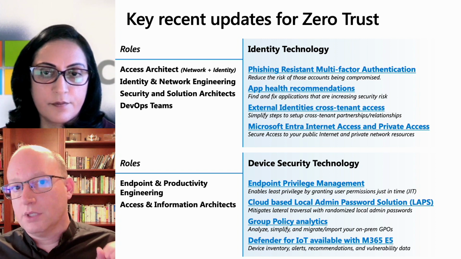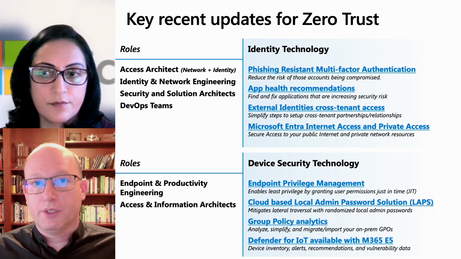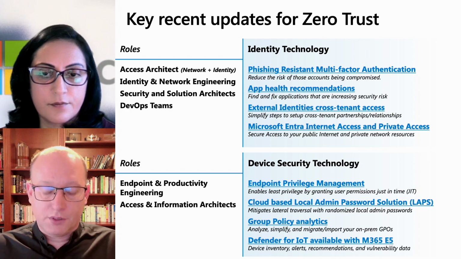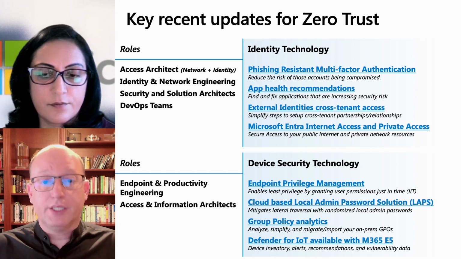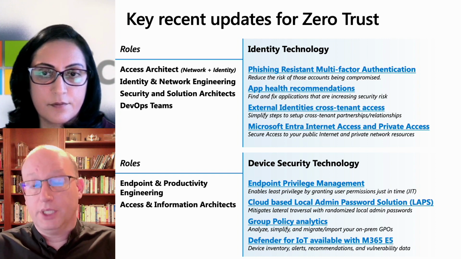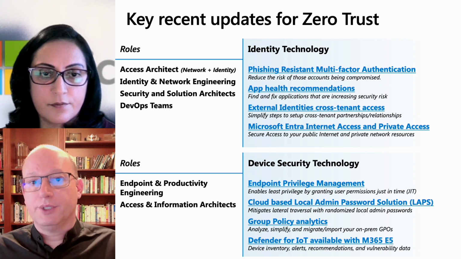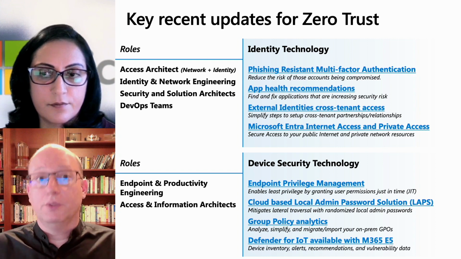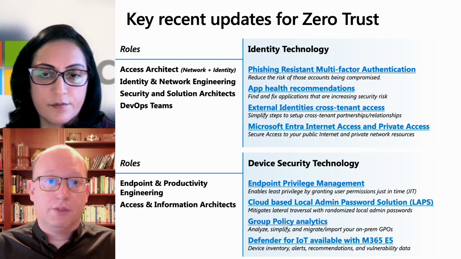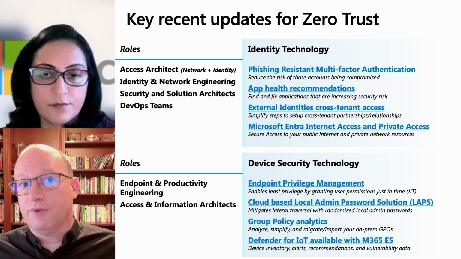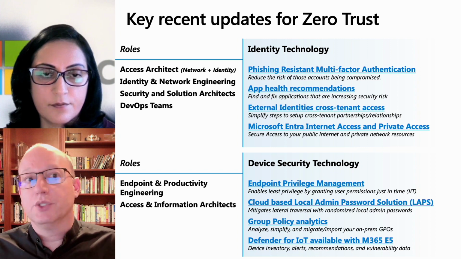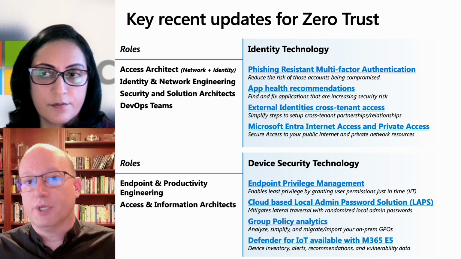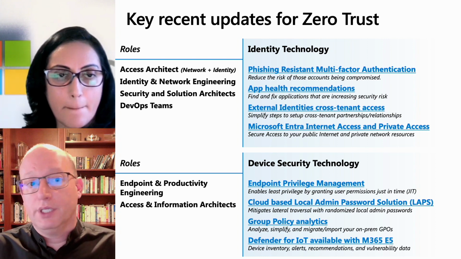And then one thing I want to call attention to really quickly: we use the term access architect there at the top of the identity one. That's because in today's day and age, with the fusion of access control between identity and network technology, and many others as well, it's really difficult to say, oh, I only know network architecture, I only know identity architecture. To be truly an architect, you have to really know both of those. Engineering and specialty, getting into the real details and configurations, there are going to be some distinct skill sets that will specialize out. But from an access standpoint, it's hard to call yourself an architect if you only know one half or the other in today's world.